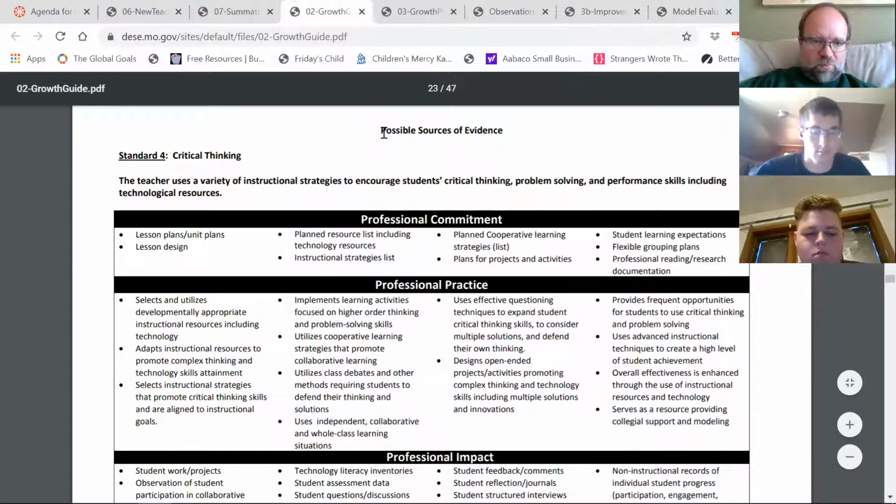So you'll look at these possible sources of evidence. You see the document here, and your district may have a different way of doing this, but this is what we did in the district where I work. And you would look at these things, professional commitment, professional practice. And you would say, well, look, I already use independent, collaborative, and whole class learning situations. That's one thing I do. And I have a list of instructional strategies that I pull from, okay? And so if I look at that, and then I look at